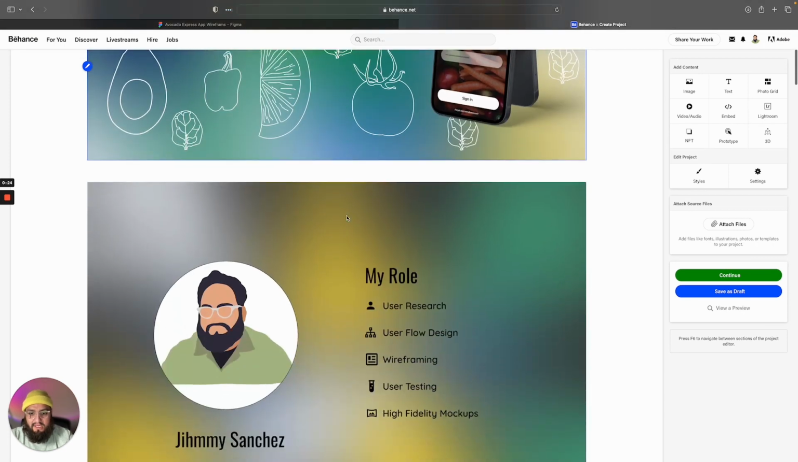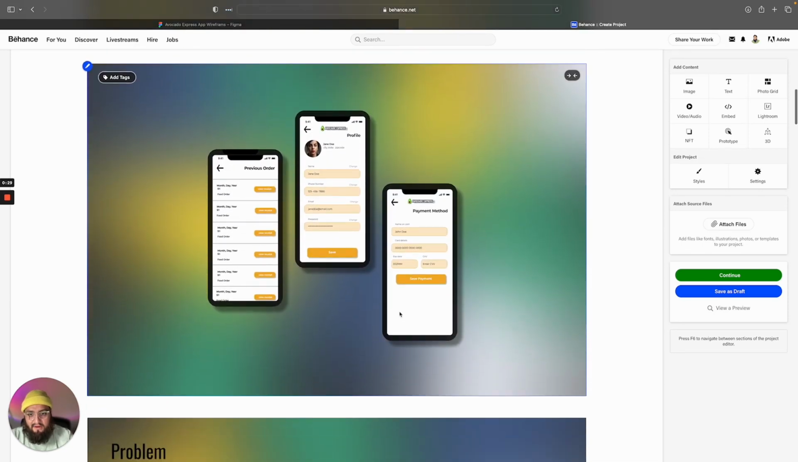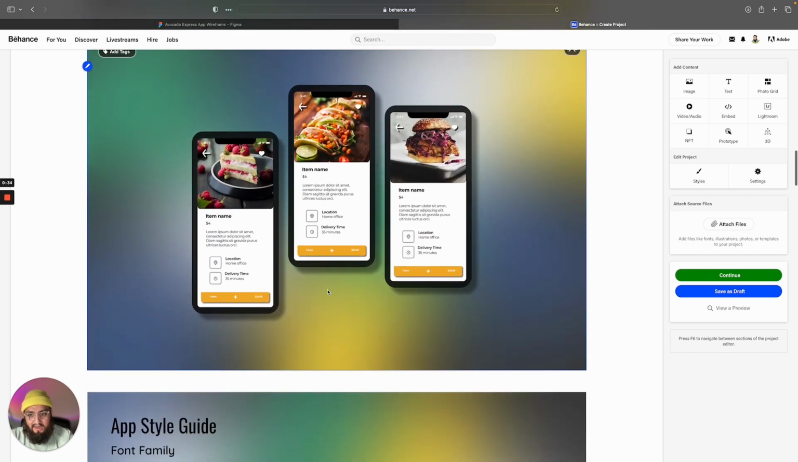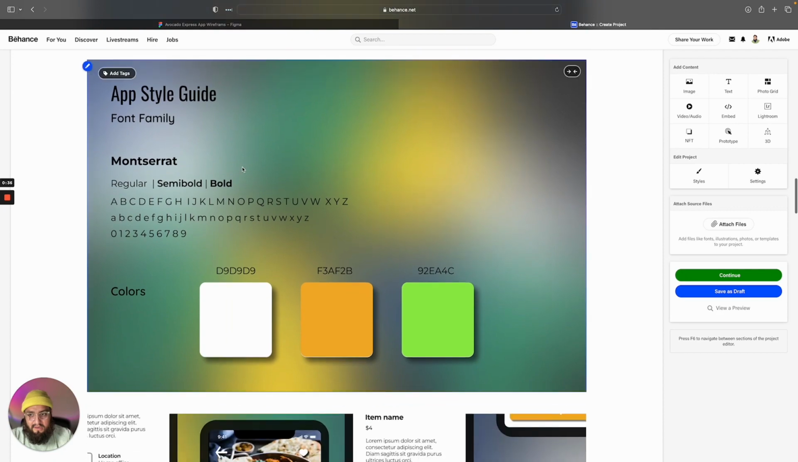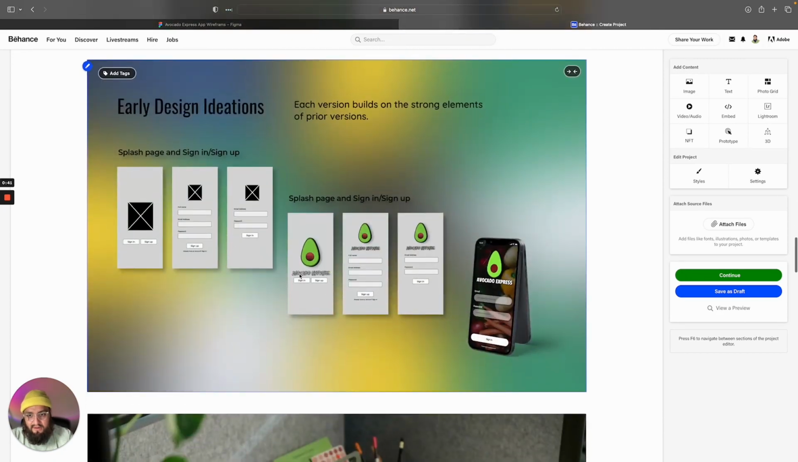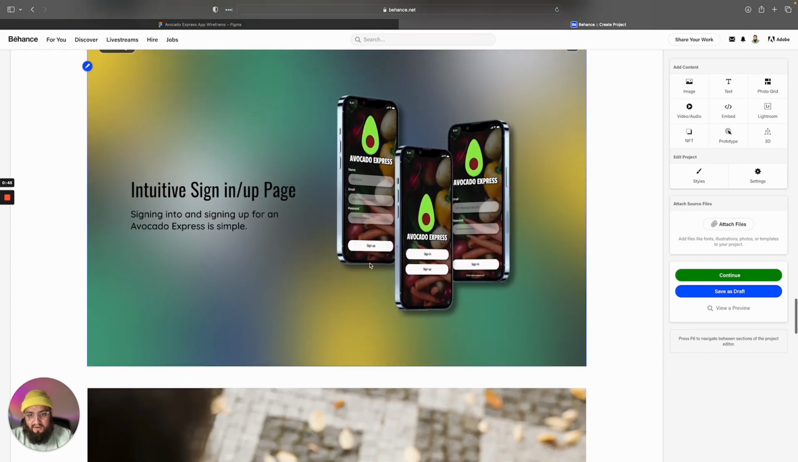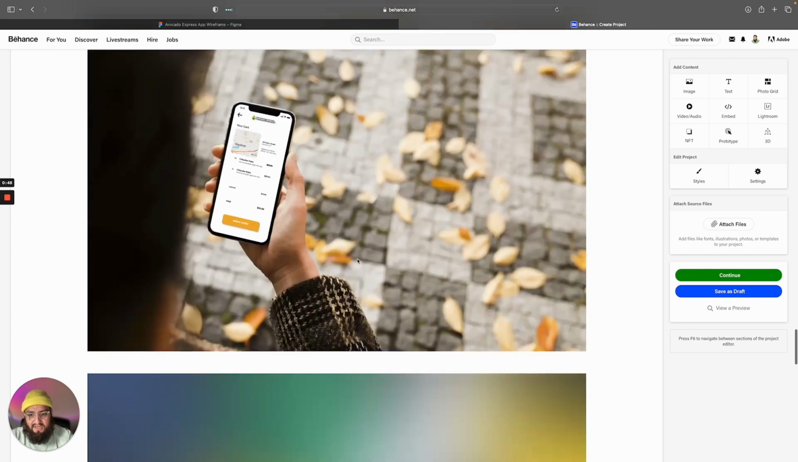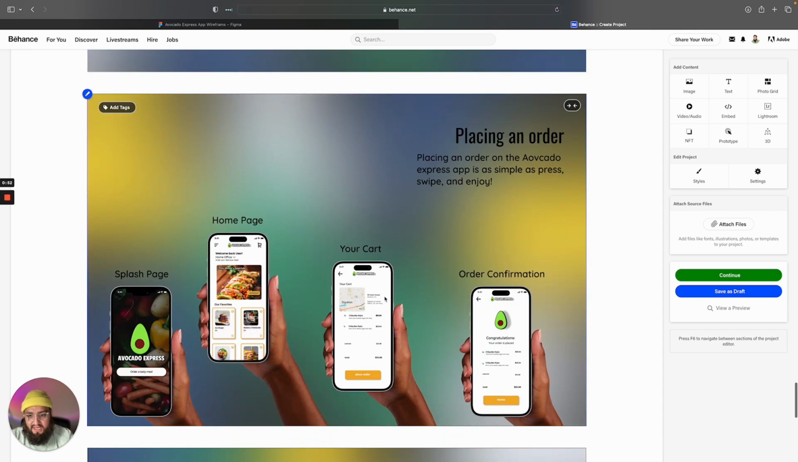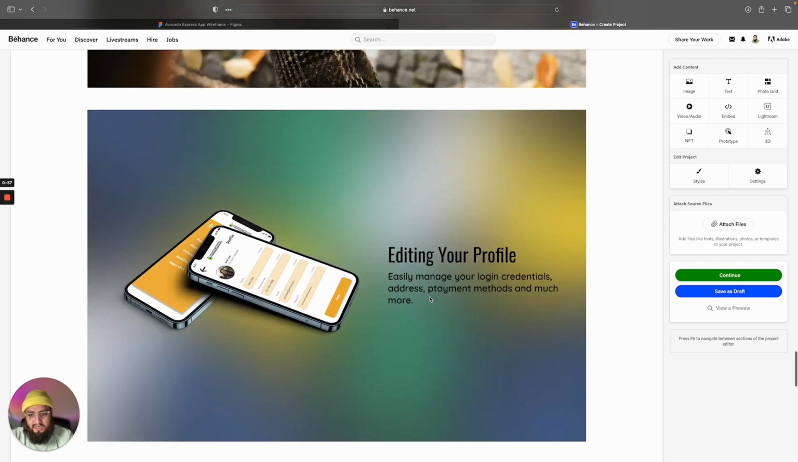We've got our home page, my role. We've got a mockup right here. Very nice, just to break it up. Problem solution, mockup. App style guide, mockup. Early design ideations, mockup. Sign-in page, or the splash page, our highlight of our splash page, mockup. Editing your profile, placing an order, our flowchart, and then our thank you page. So